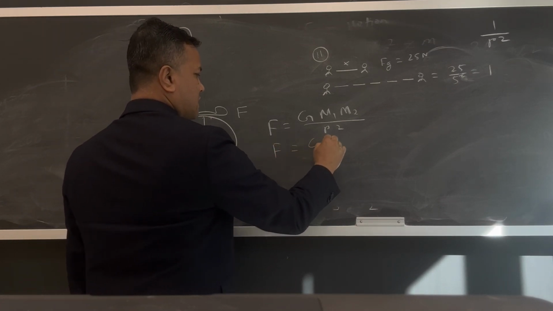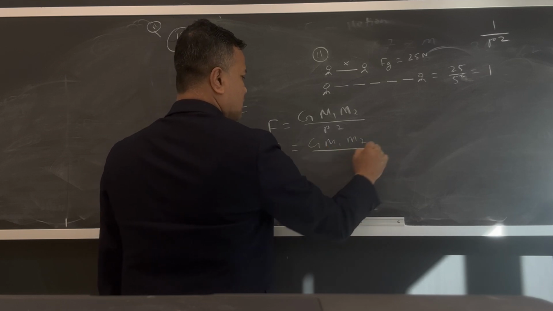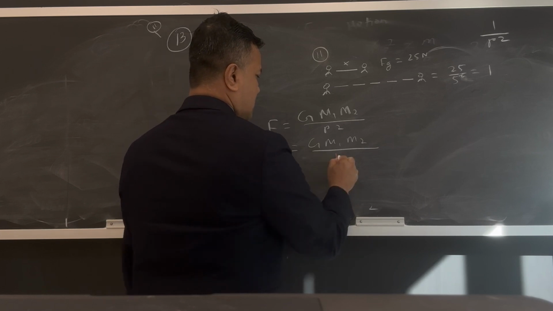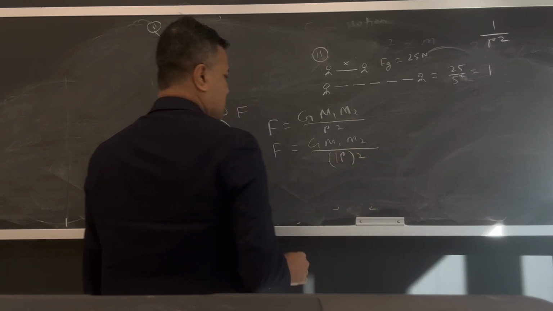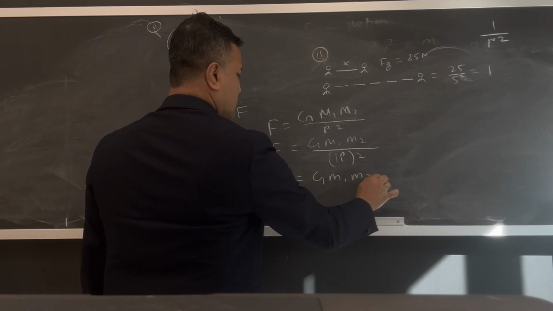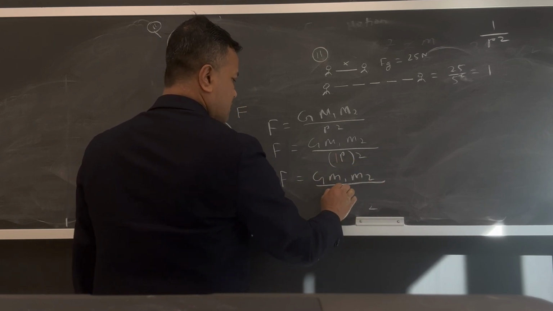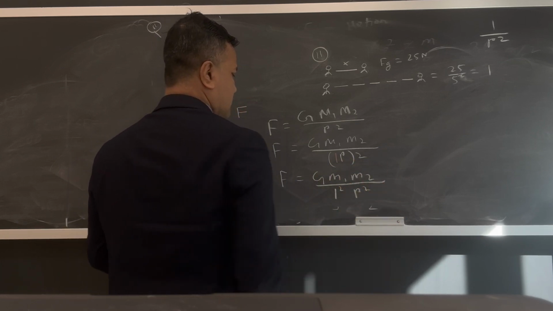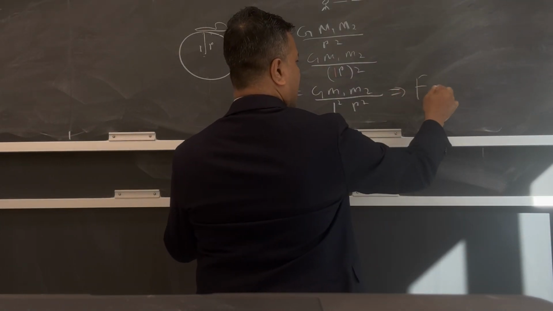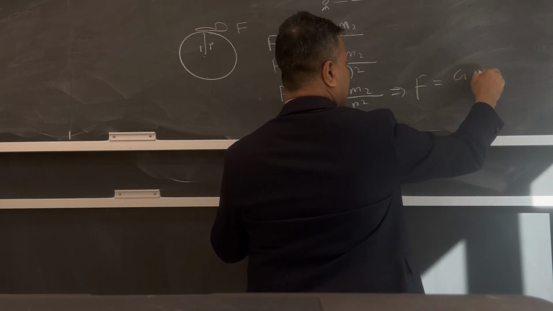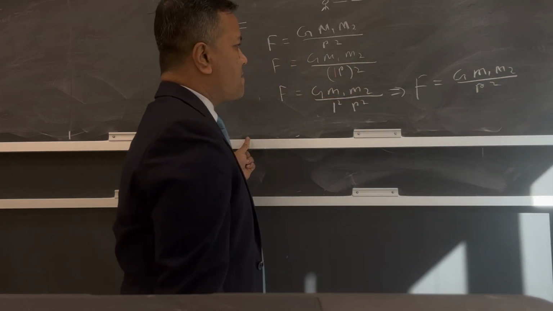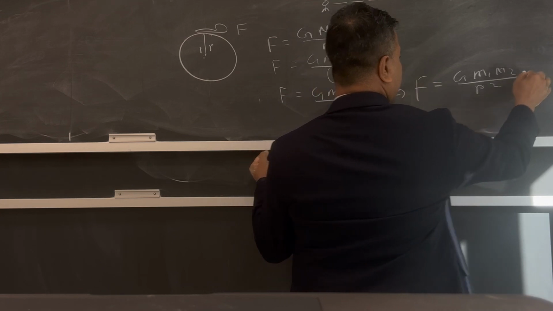F is equal to G m1 m2 over 1 squared r squared. What does that mean? F is equal to G m1 m2 over r squared. 1 squared doesn't matter, and that is F,